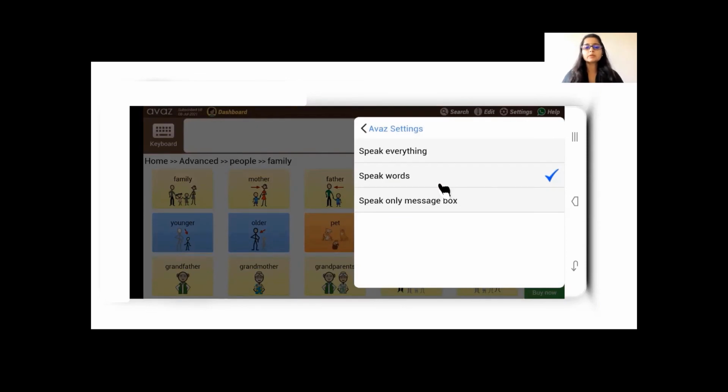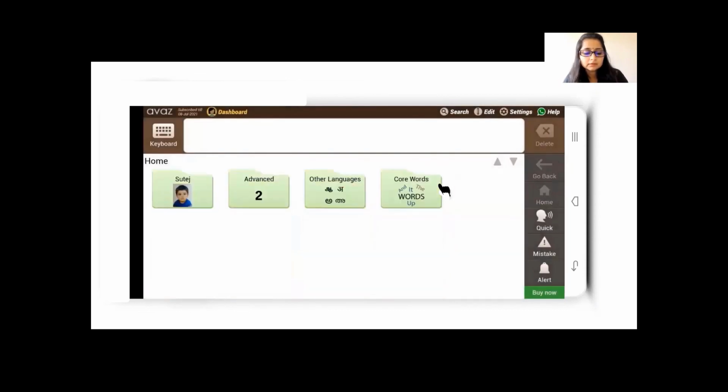This is something that we can set as per whether we're working with a beginning communicator and maybe they're transitioning to the next level. We can set it as speak words. If they've become an advanced user, then you can set it to speak only message box. All right. So now what happens? Home.